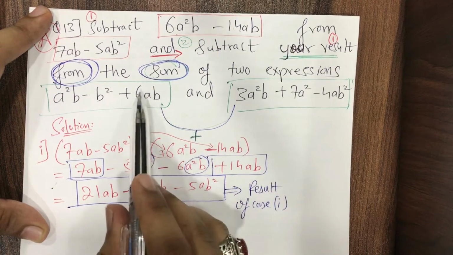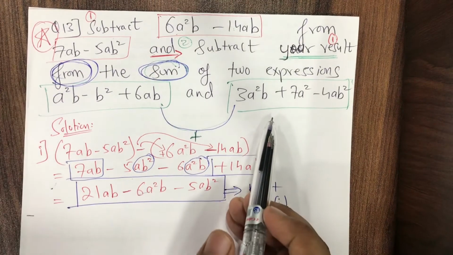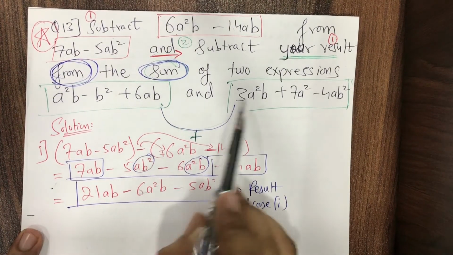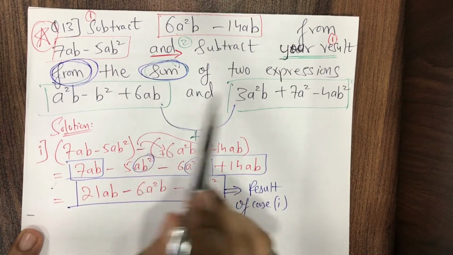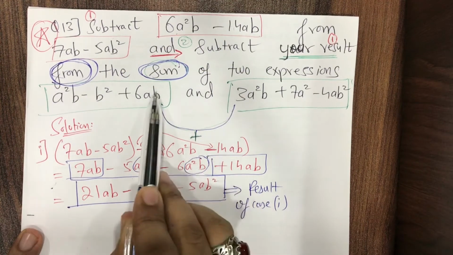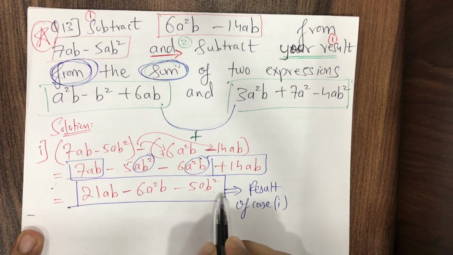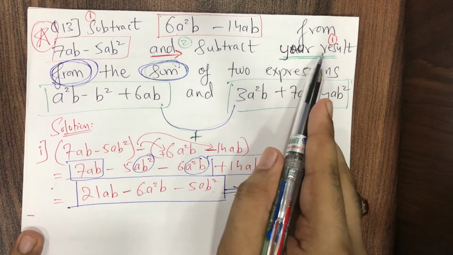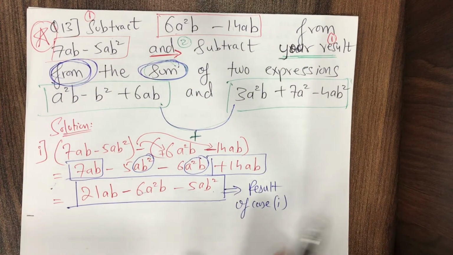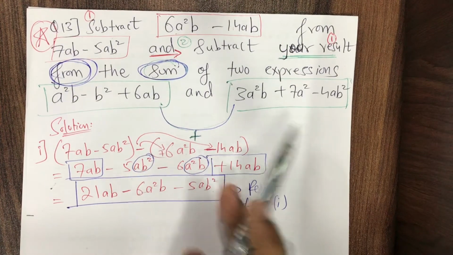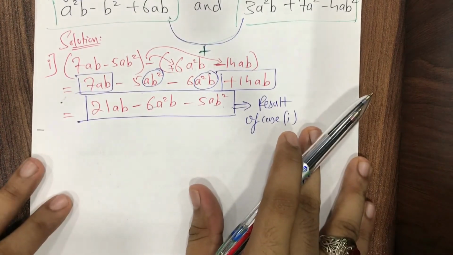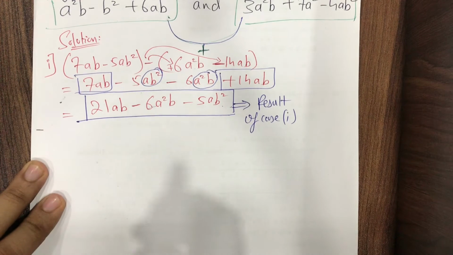That means now I have to add these two expressions. Understand the story, please. I have to add these two expressions because the word sum is there, and whatever is the answer obtained after adding these two, from that I have to subtract my result. Okay, so now my next case is to add these two. So now what I'll be doing is